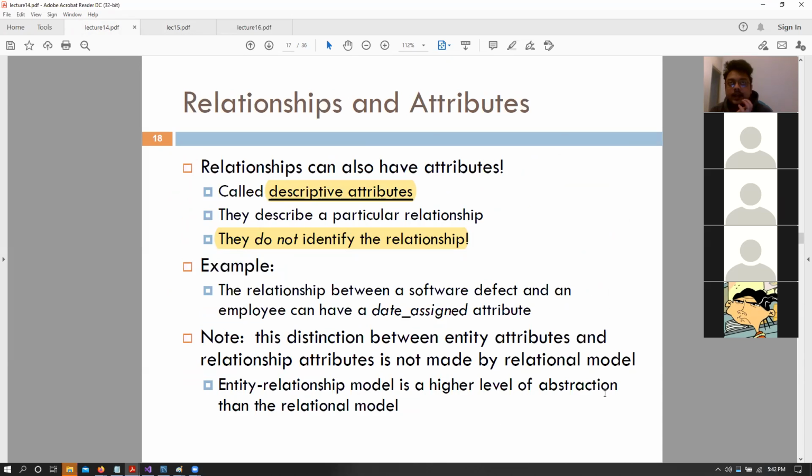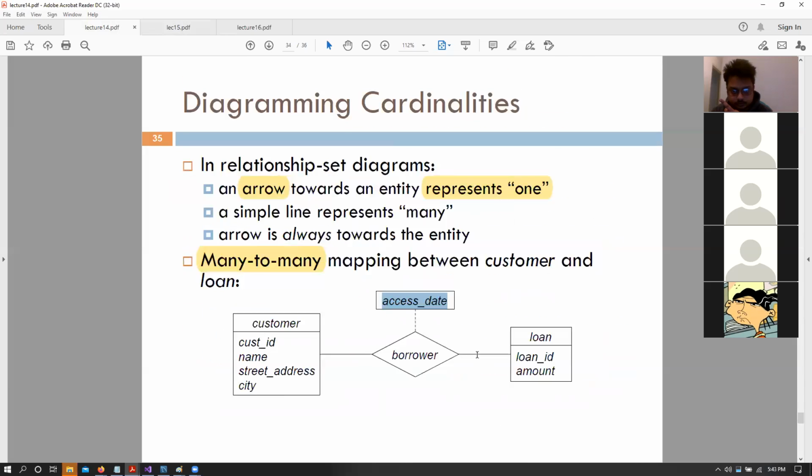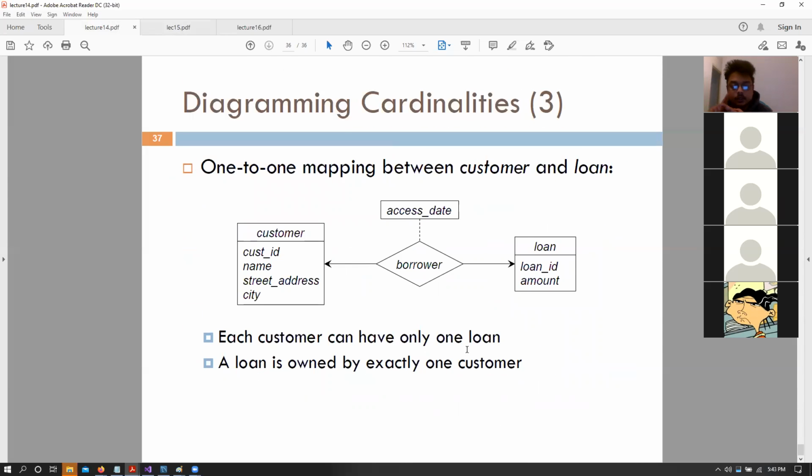So imagine that we have two tables. One is of the laptop, different types of laptops, and the other one is for different owners, right? So let's say that one laptop can only have one owner, so it would be a one-to-one relationship, right? So a descriptive attribute could be: when did I buy this laptop? That is something to do with the relationship itself.